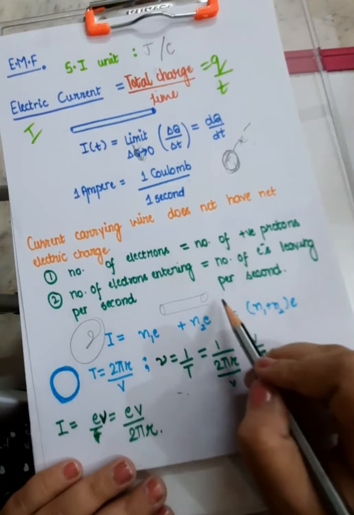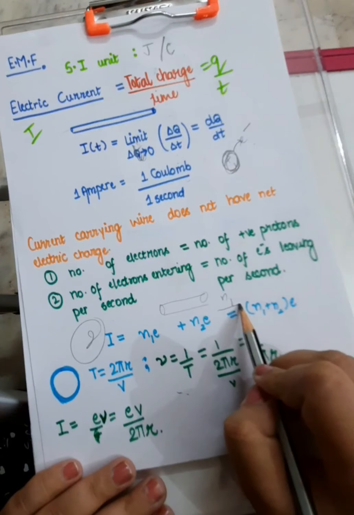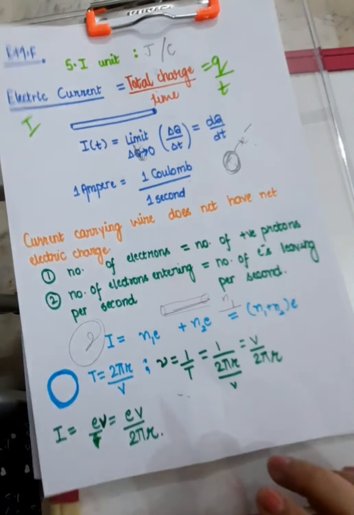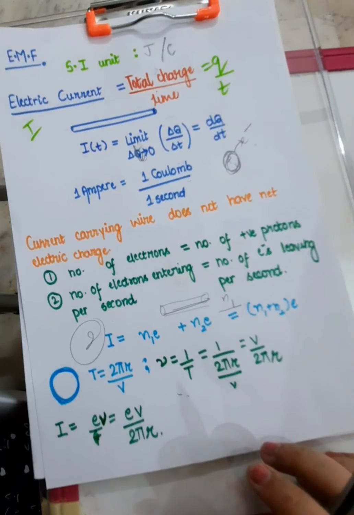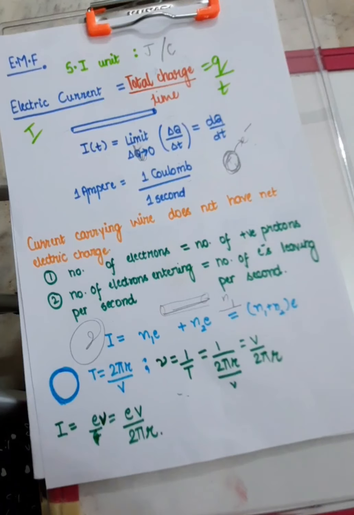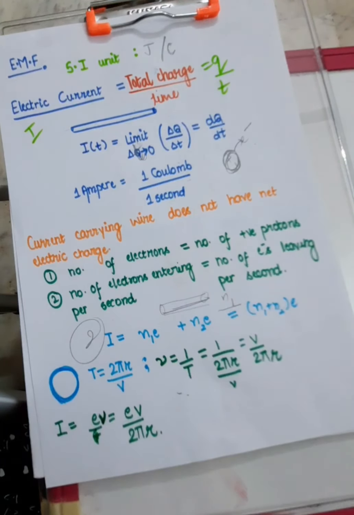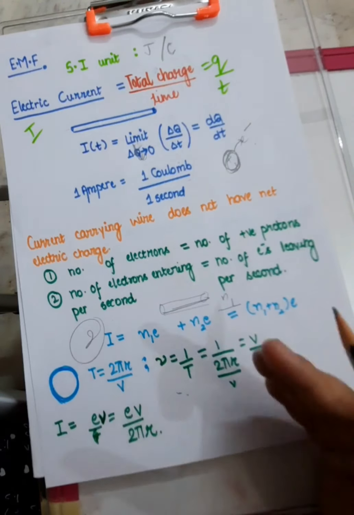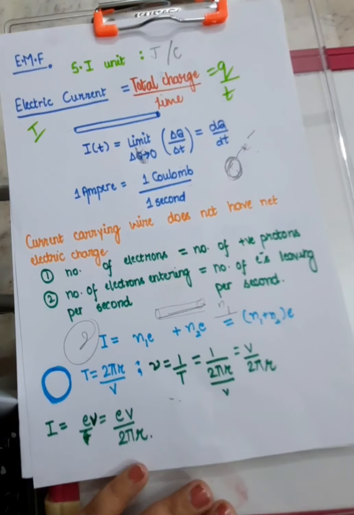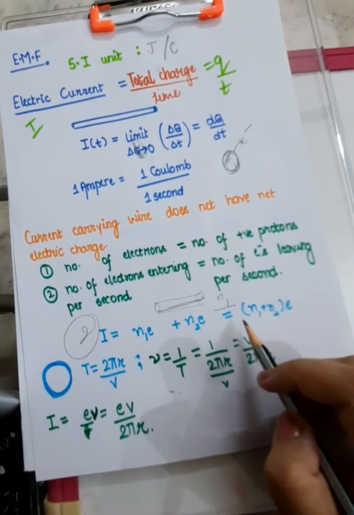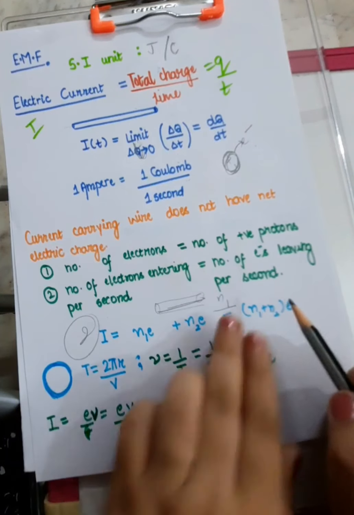And the fact number 2, suppose you have a wire here, right? And suppose n1 number of electrons are flowing through that wire. So if you want to emphasize on total current which is actually flowing through that wire, you need to see what are the overall charges that are flowing through that wire. If you have electrons in the wire, if you have protons in the wire, so see what are the number of electrons flowing and what are the number of protons flowing.